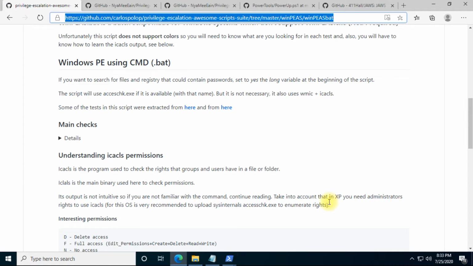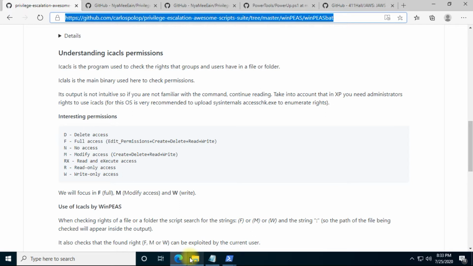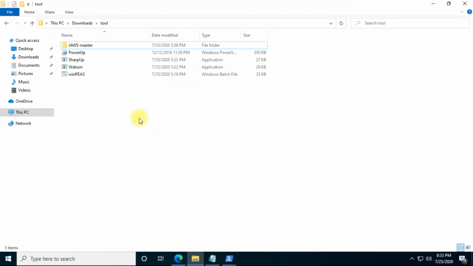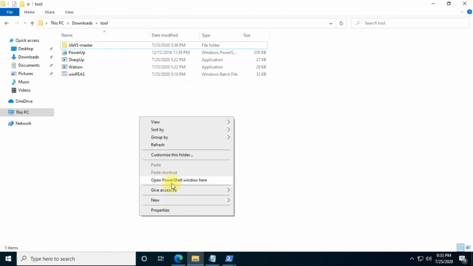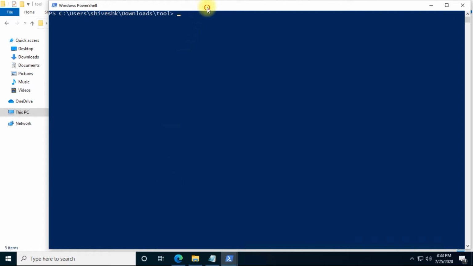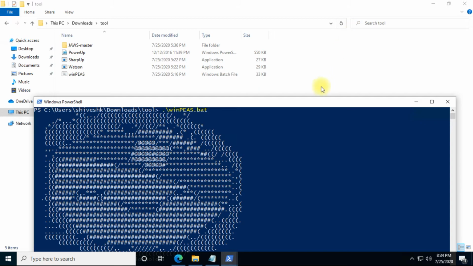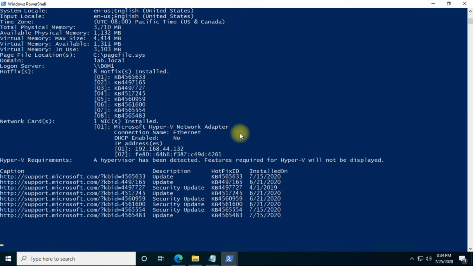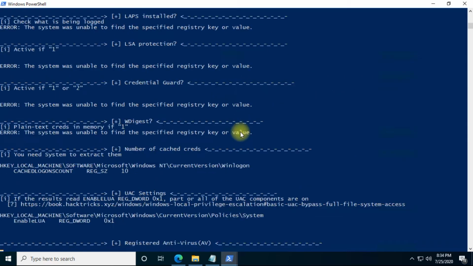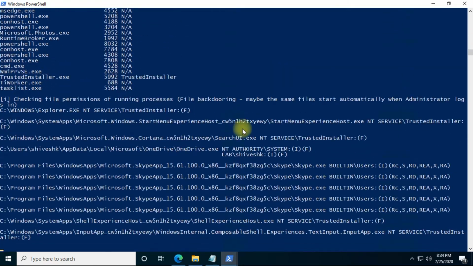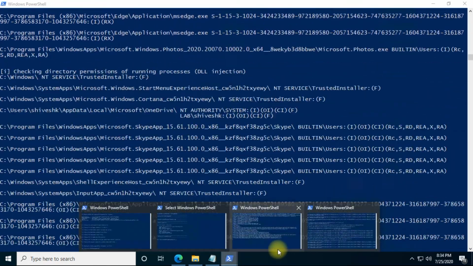You simply have to open a PowerShell and fire this command, WinPeace. It may take some time, so I'll show you the output which I already got before recording this lecture.